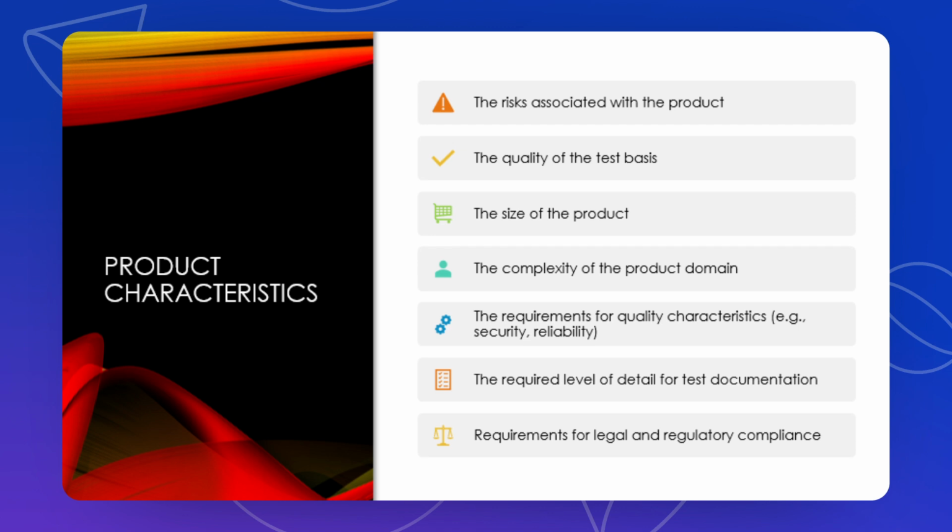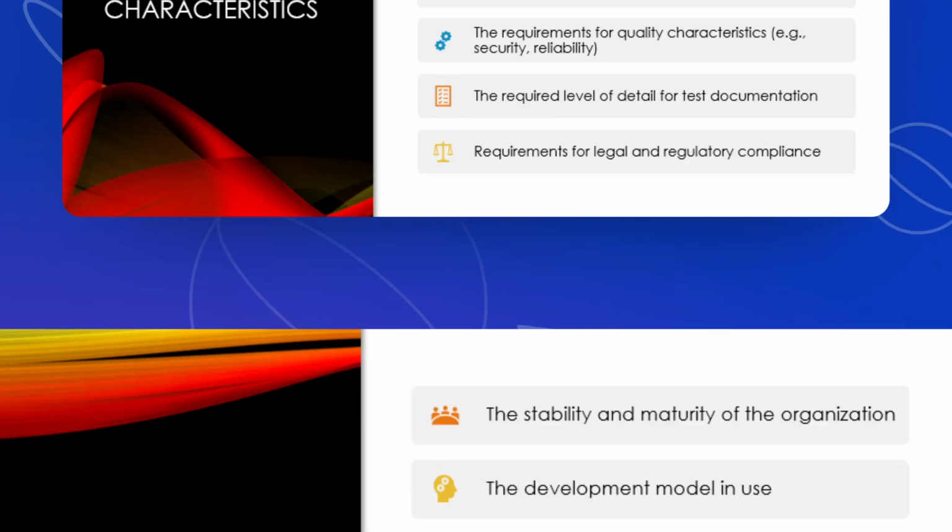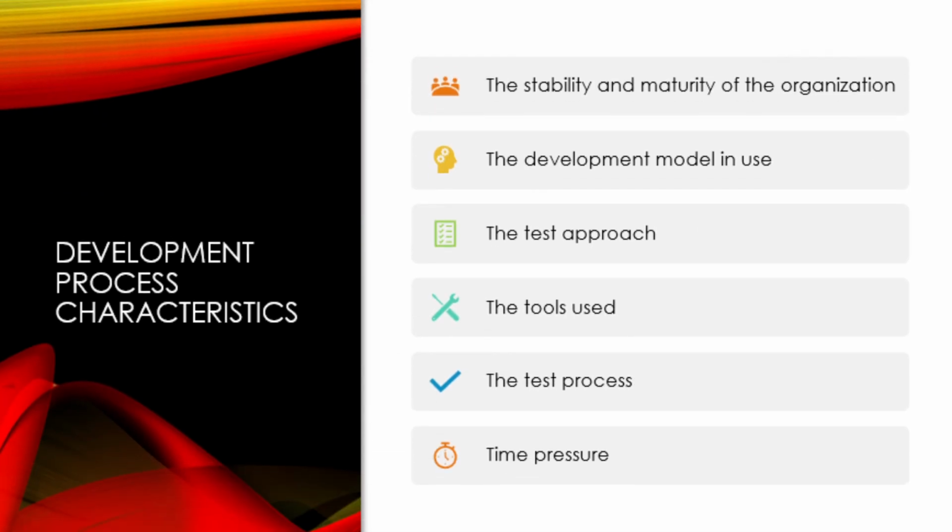So requirement level of details for test documentation, and requirements for legal and regulatory compliance. These are some of the product characteristics. When we talk about the development process characteristics, this is stability and maturity of the organization. If the organization is mature, definitely they will have a proper documented, well established process which they are following in their development process. The test approach, whatever tools they are using, the test process and